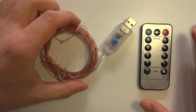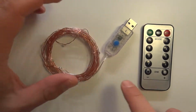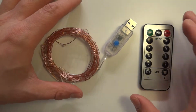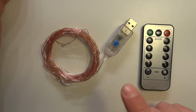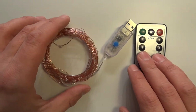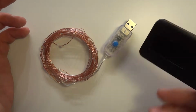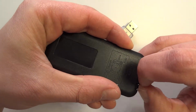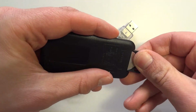Hi there! Today I'll look at a remote control USB powered LED string. So I know that Christmas is over already, but what I wanted to show you here is very interesting because it's fairly cheap, $4 or something like that, and it has an actual remote with a battery inside, so it comes with a battery actually, which is interesting because depending on where you look, those batteries can cost,